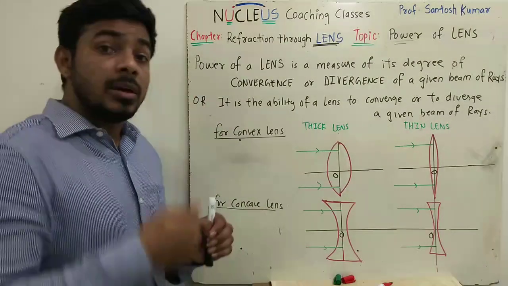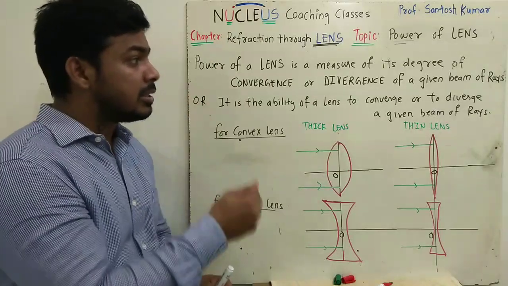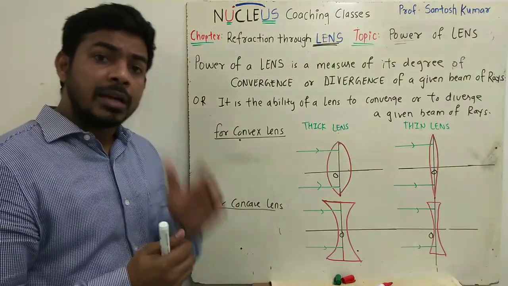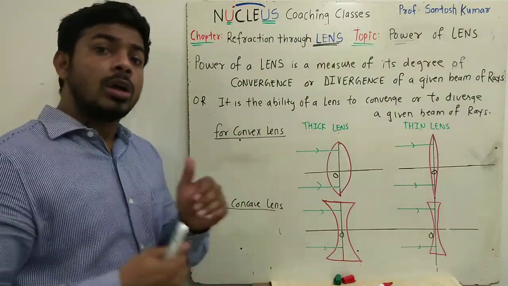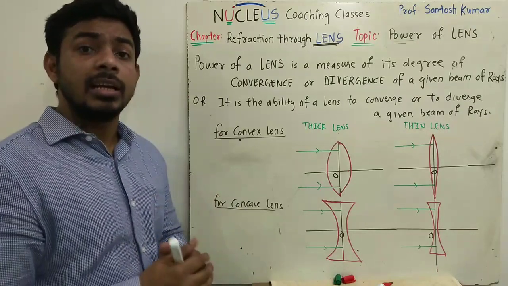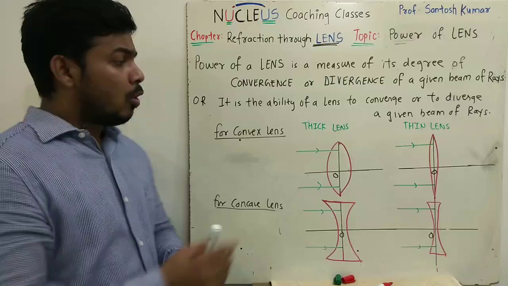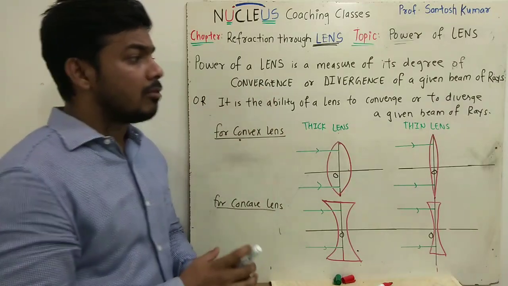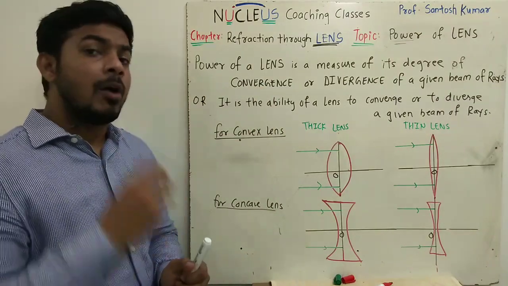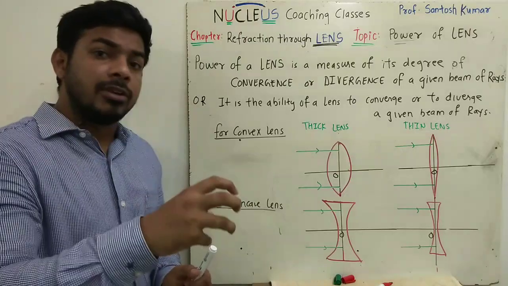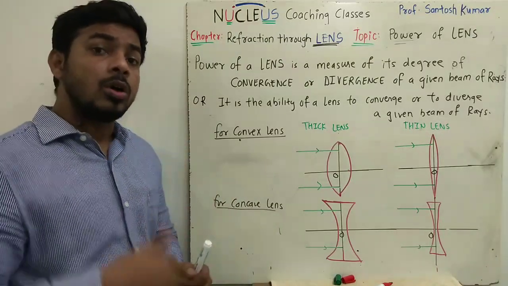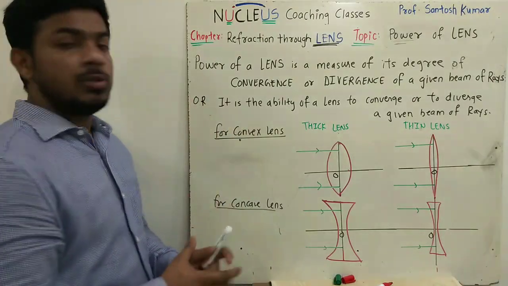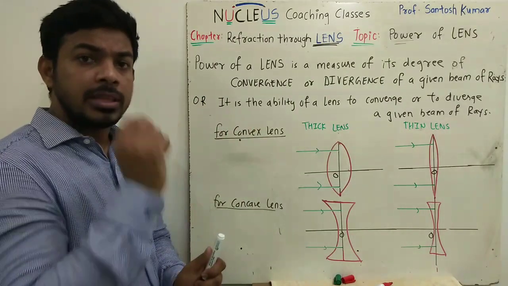Power of a lens is a measure of its degree of convergence or divergence of a given beam of rays. That means if a given beam of rays passes through a lens, how much convergence or divergence the lens can produce for that beam. In other words, it is the ability of a lens to converge or diverge a given beam of rays. If the power of a lens is more, the degree of divergence or the degree of convergence for a given beam of rays will be more. I can illustrate this concept on a diagram, but one thing I would like to tell you first